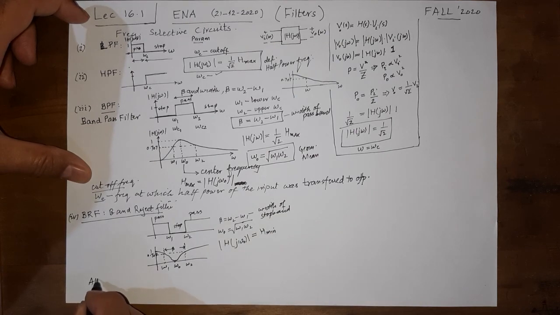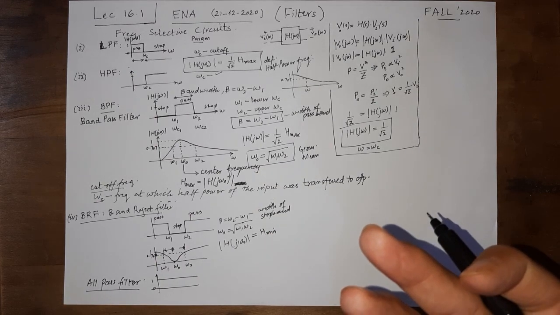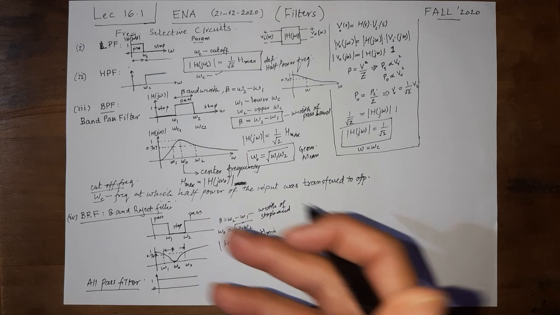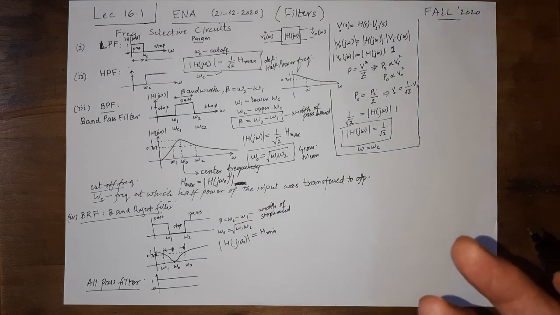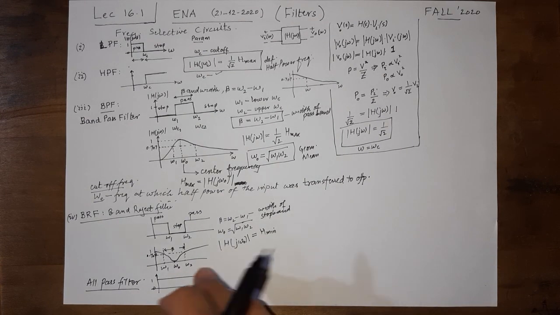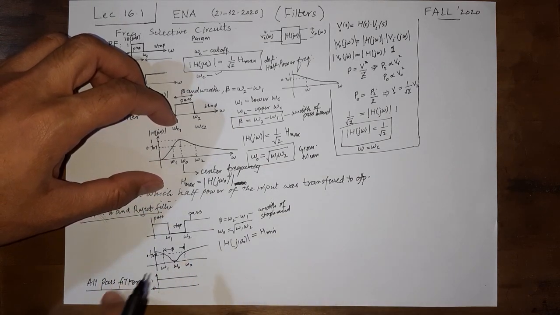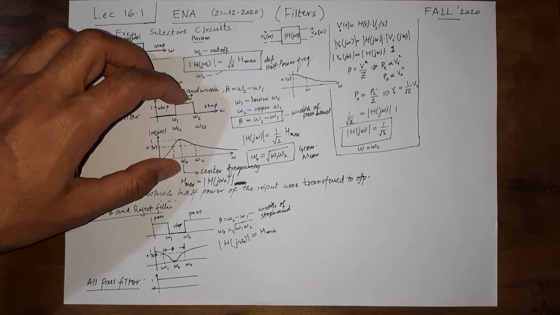It is known as an all pass filter. The question that comes to mind is why we need an all pass filter. By definition, an all pass filter would have a transfer function magnitude response like this, so everything passes. So if we don't have any filter, then wouldn't that be an all pass filter? If we have an input and we don't connect anything here and just carry it out to the output, is it not an all pass filter? It is, but there are some other objectives that are usually to be achieved for an all pass filter, but it is beyond the discussion in this course. So you will come to this filter in other courses